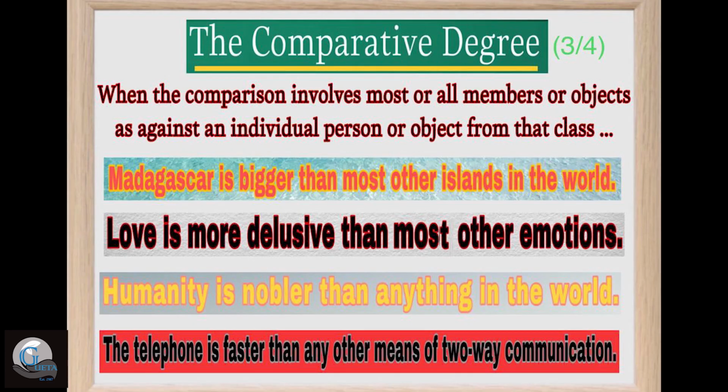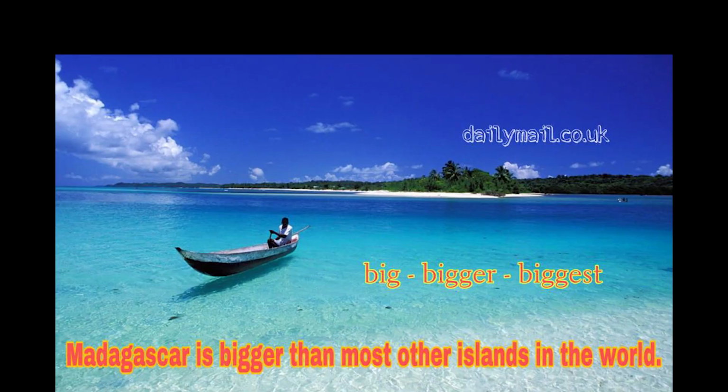Here are four examples of the comparative degree in which the phrases like most other, any other, and anything in the world indicate that the comparison subsumes three or more objects. In that case, we can change the comparative into the positive as well as the superlative degree. To change first into the positive degree,